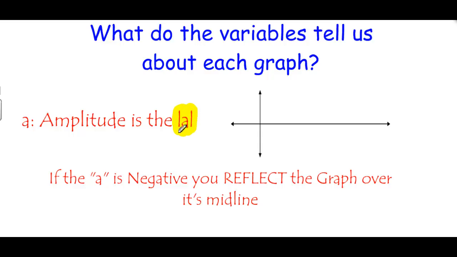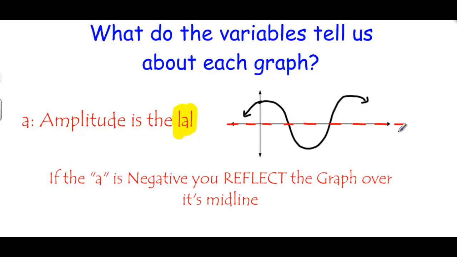Okay, so if you remember this symbol, this is the absolute value. So if A happens to be negative, that's okay. We take the absolute value of it, and that gives us what we call our amplitude. So let me explain what that is. So say we're dealing with a cosine graph, and it goes something like this. Okay, our graph continues. What the amplitude is, it's the distance from what I like to call our midline, the